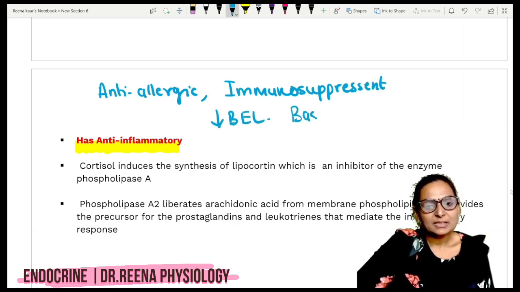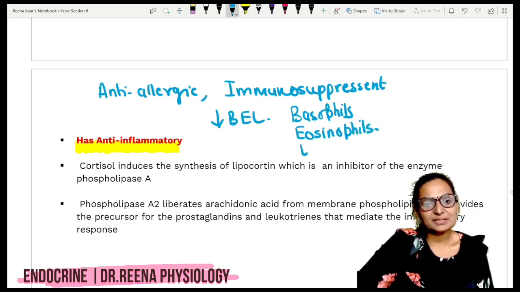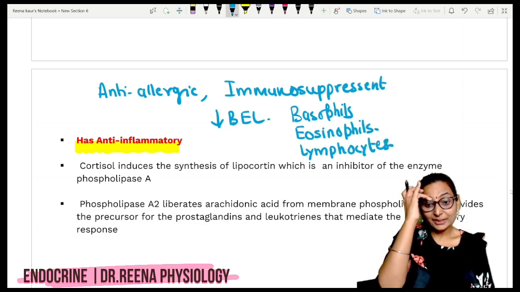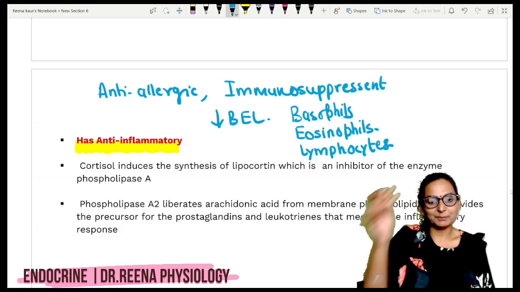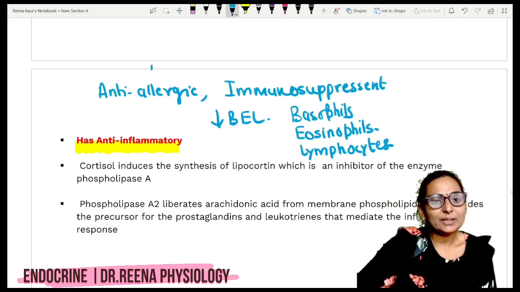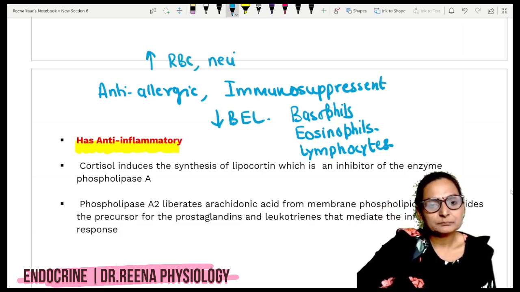It decreases the blood cells, that is basophils, eosinophils, and lymphocytes. Right? It is going to decrease basophils, eosinophils, and lymphocytes, and it will increase RBCs,